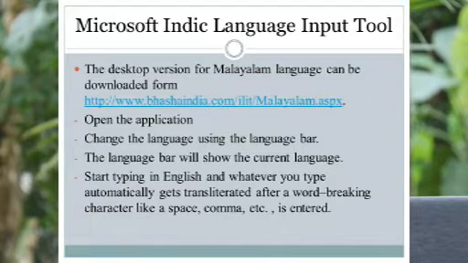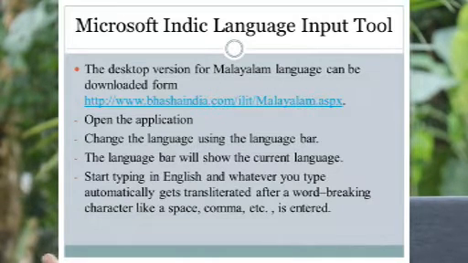When we change the language, we can see the list of languages here: EN, English, short form is EN; Hindi, HI; Tamil, TA; Telugu, TE; Bengali, BN; Kannada, KD; Malayalam, MY. Did you notice that?